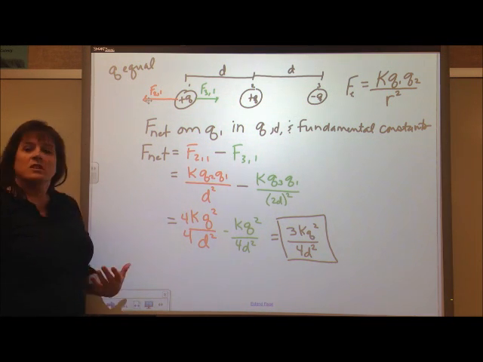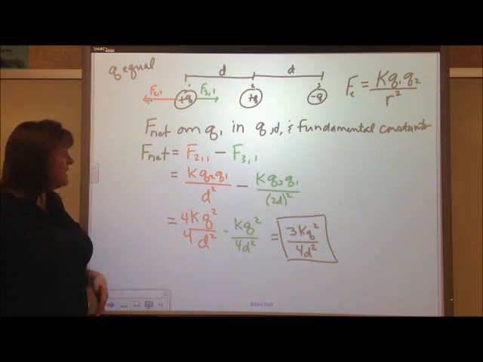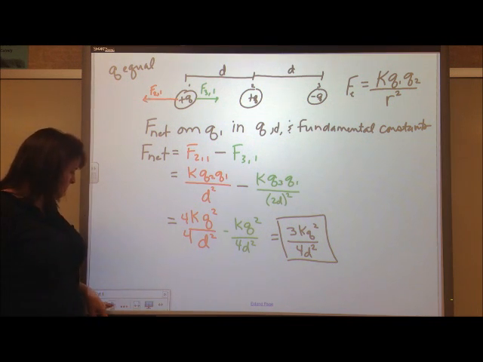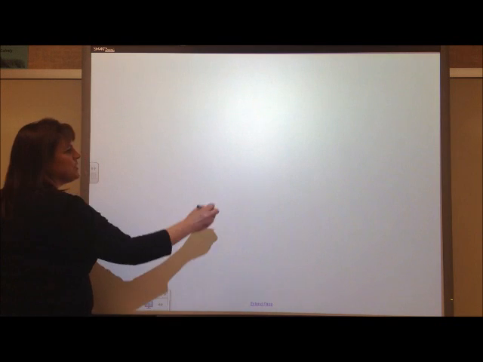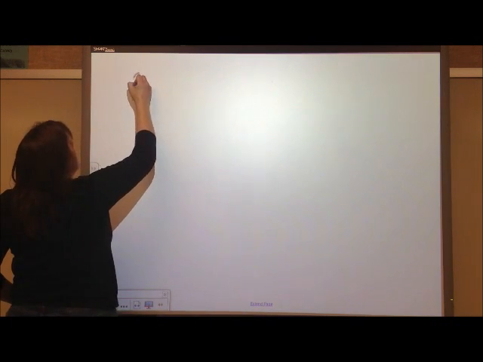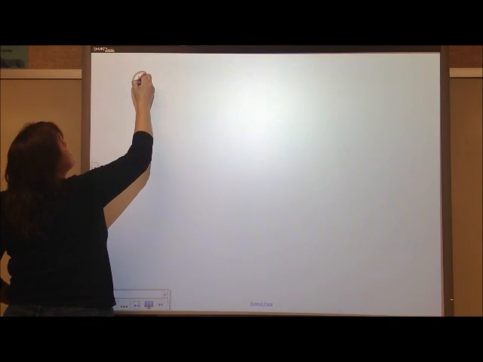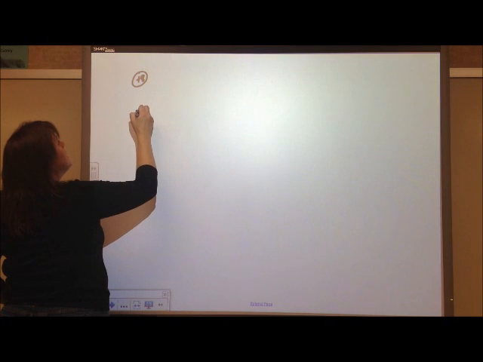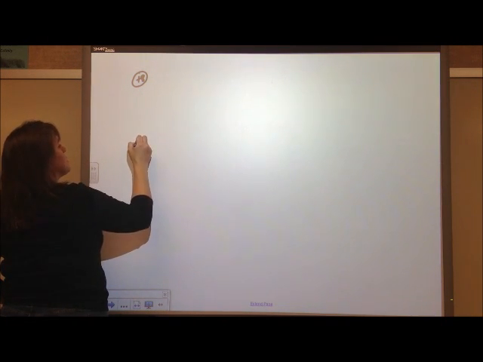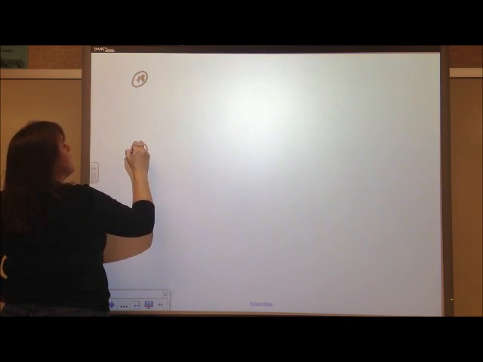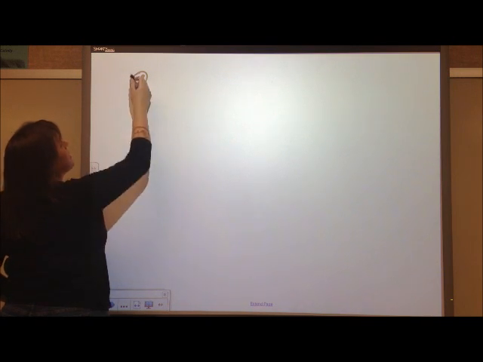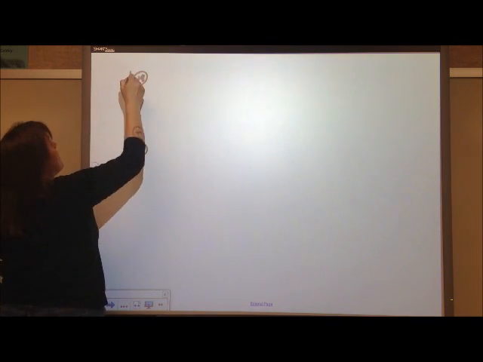All right, let's do something a little more complicated. Let's throw in another particle. I'm going to turn this one on its side now, and I'm going to make these all positive charges. Positive Q1. Actually, let's take out the middle charge. We'll call that Q2, and these are going to be equal,